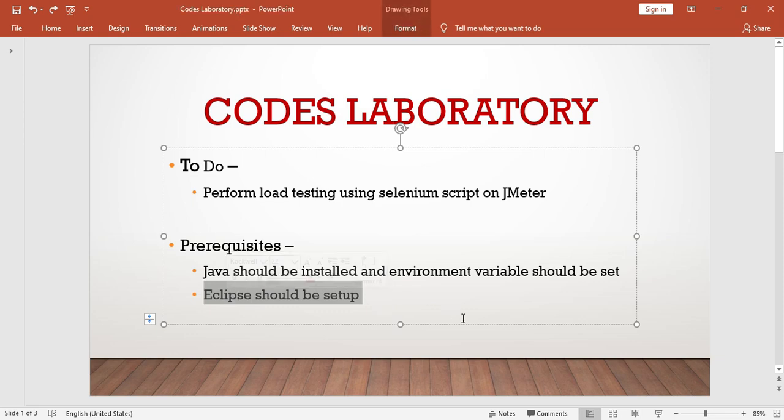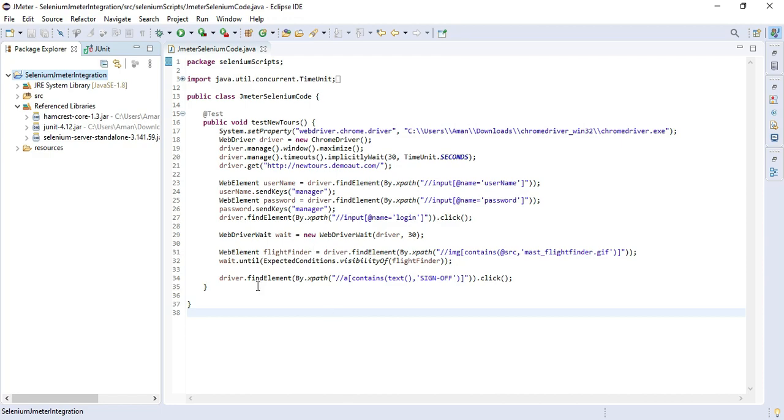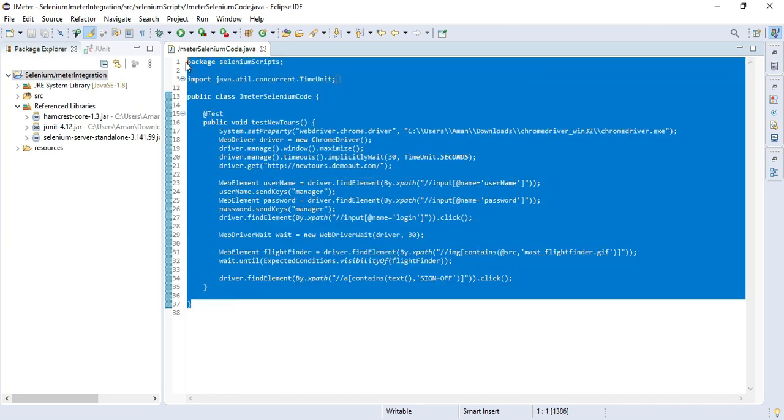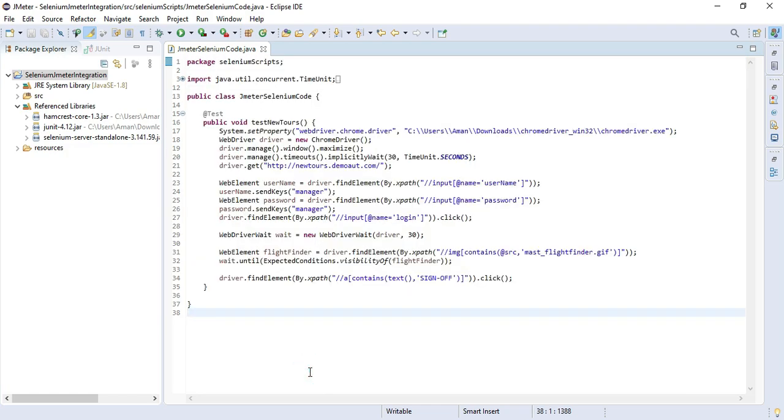So let's move forward to our project, where we will be creating the Java project and Selenium script. As you can see, I have already created one Java project here, and I have also created one Selenium script. Let me tell you why I have created a Java project instead of a Maven project.